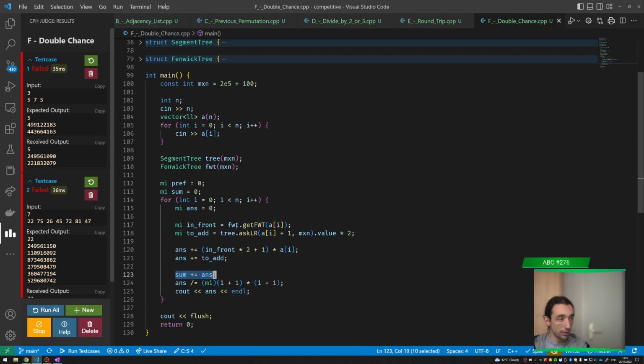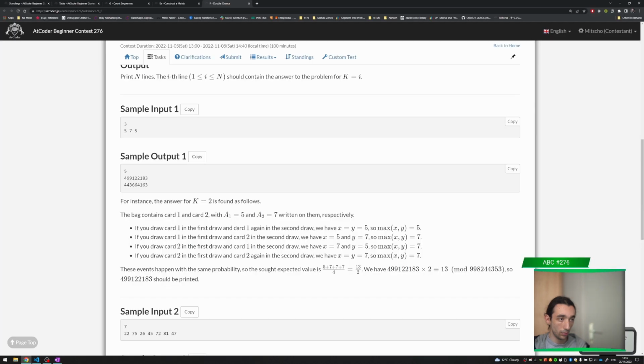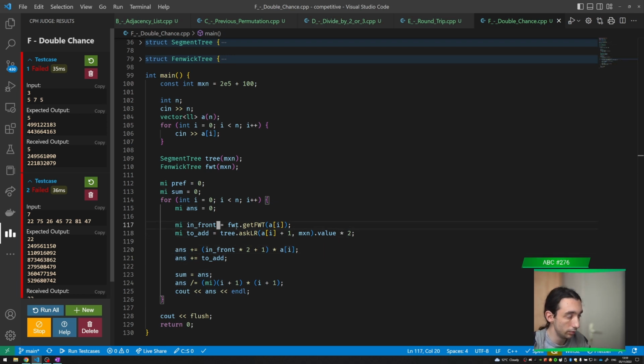wait, now this sum is here, but yet we're not doing anything with it here. What are we doing though? What is the transition when we add them? So we say, okay, in front there are some in front elements, right? Then we say, okay, get me every element from the next to this, and for each of these elements I need to add,